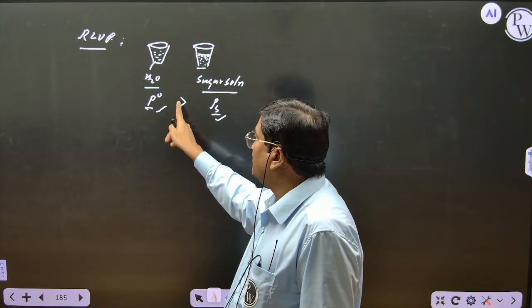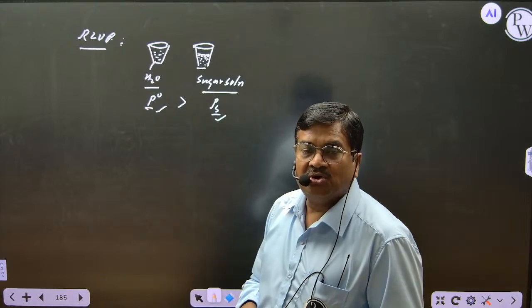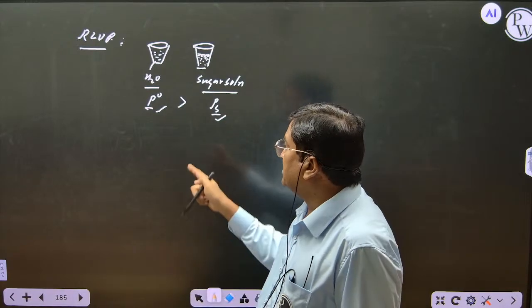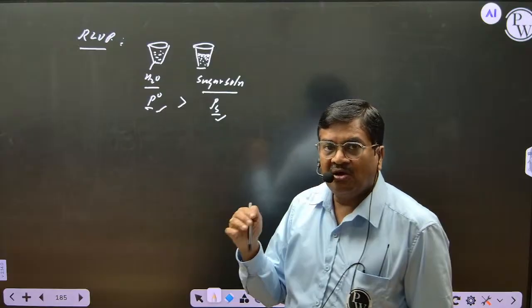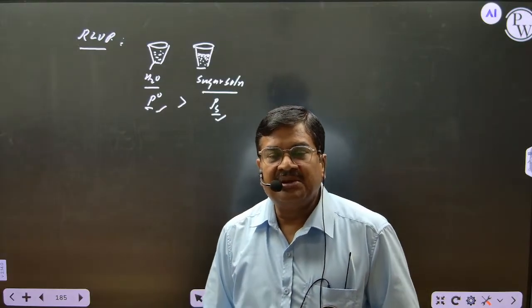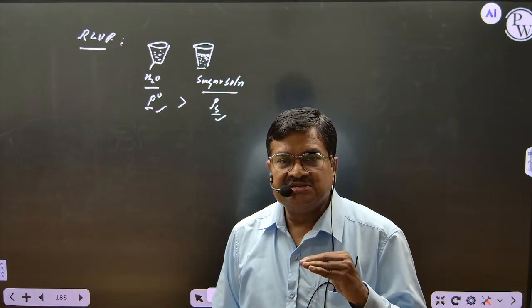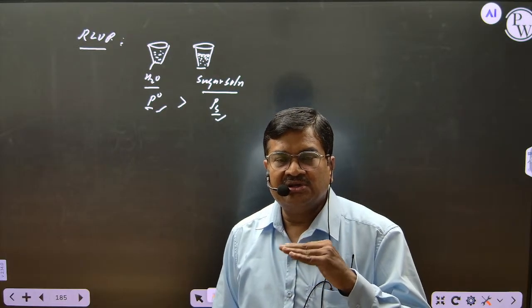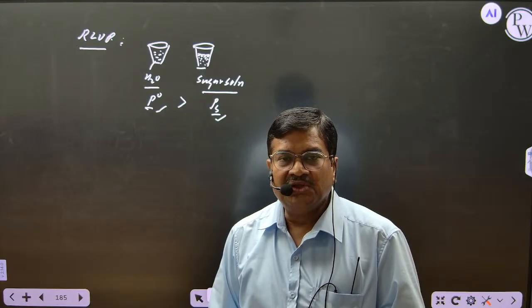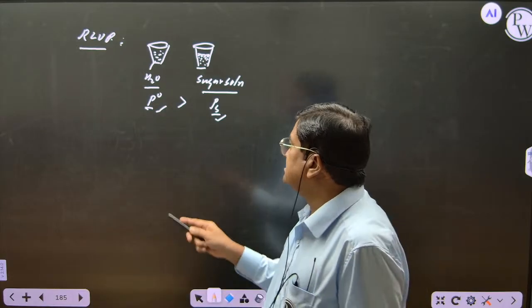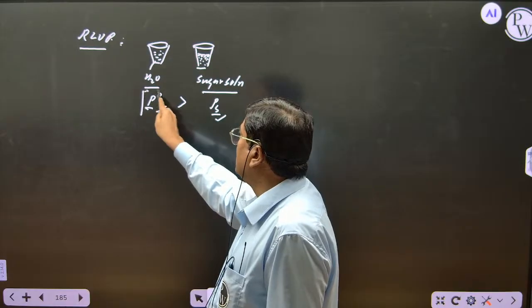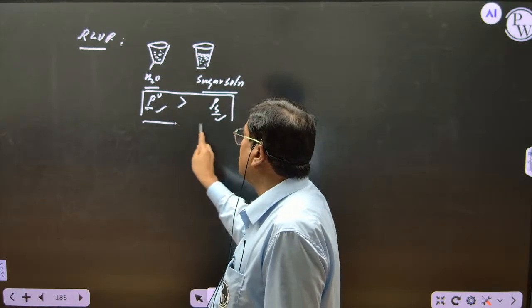No doubt, the vapor pressure of the solvent comes to be more. Do you agree? That means the vapor pressure of the solvent will always be more compared to the vapor pressure of the solution. Why? When we add solute to solvent, the solute particles will not allow the molecules to escape. Do you agree, all of you? So hence we can say that the vapor pressure of the solvent will always be more than